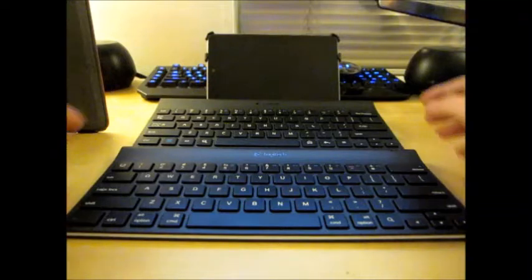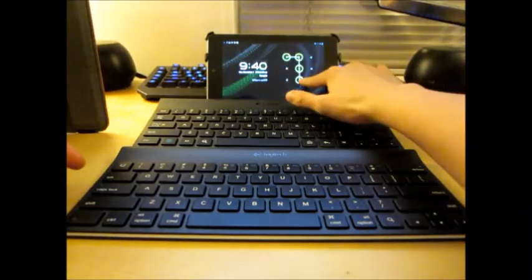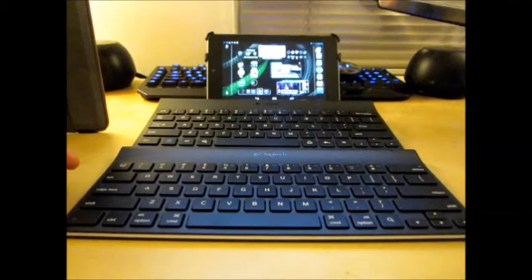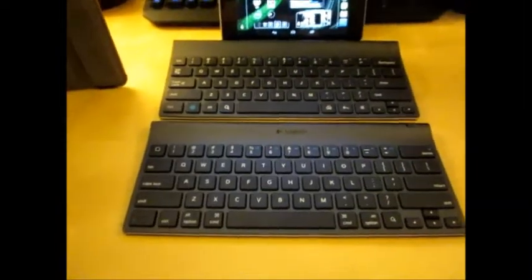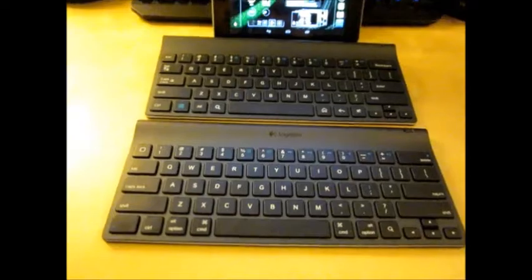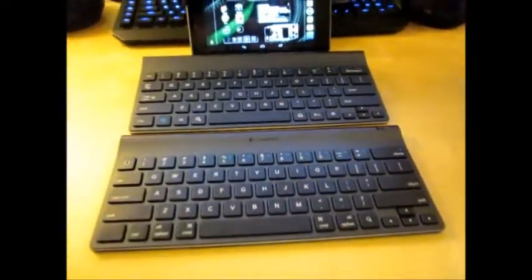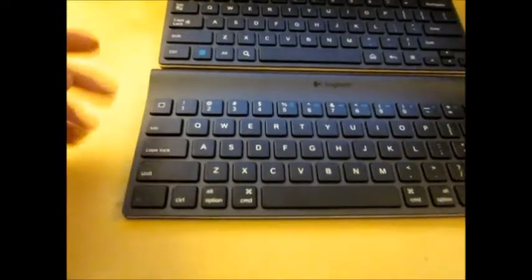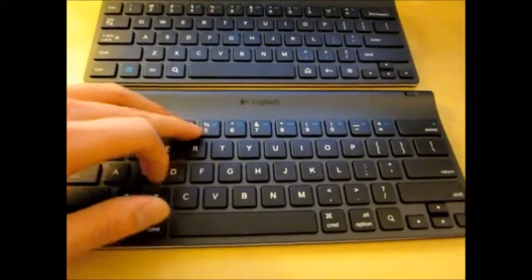So I'm going to turn my Nexus 7 on, and I'm just going to open my lock screen. Okay, so when I opened it, let's look at the keyboard itself. So for the keyboard, I'm just going to take it off and let you guys see what the keyboard has. So we're going to knock the light so we can see what's going on. Okay. Alright, so the keyboard has an FN key and it has a bunch of macro keys on top here,